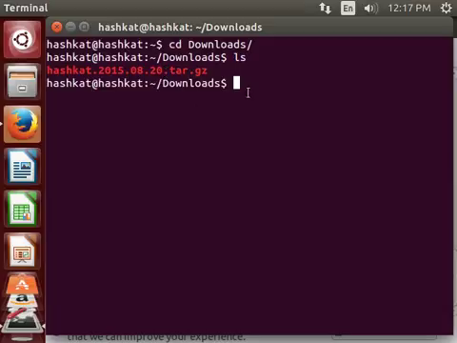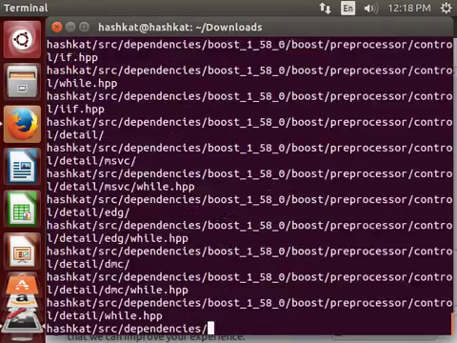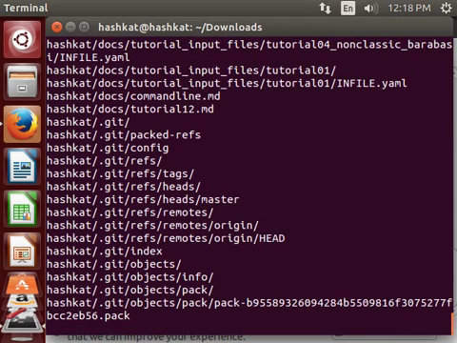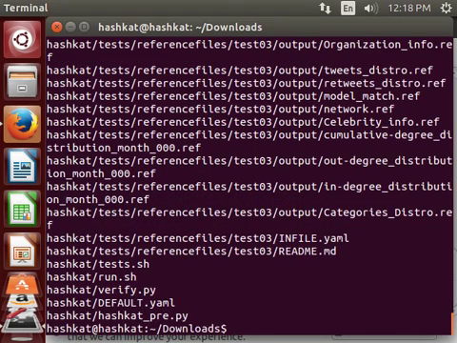To unpack this tar file, we'll type in the command tar xzvf and then the name of the file. We'll press enter. So now it's just unpacking this tar file. Once this is completed, look into the list of files in this directory again, and you will see amongst them